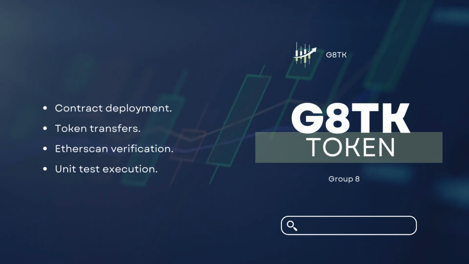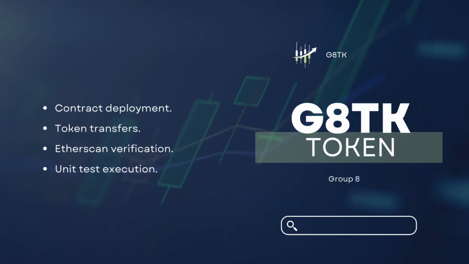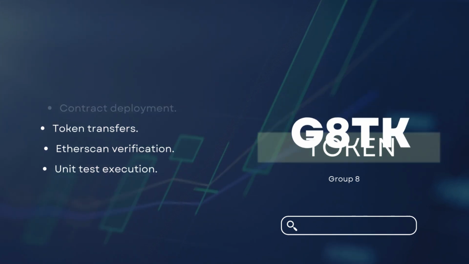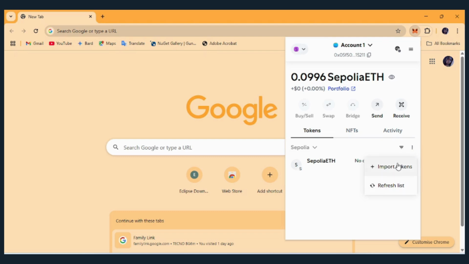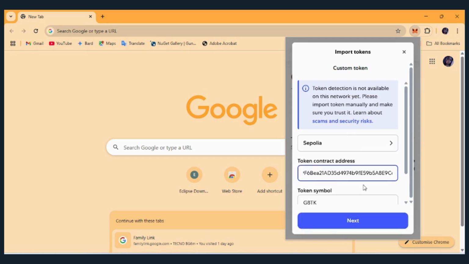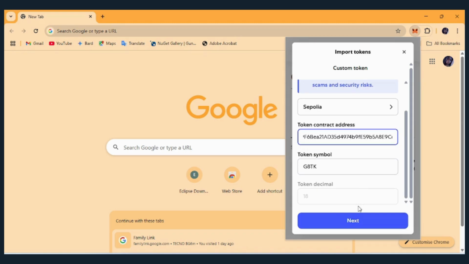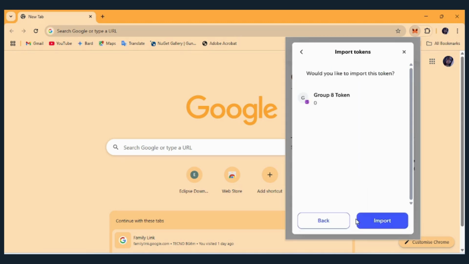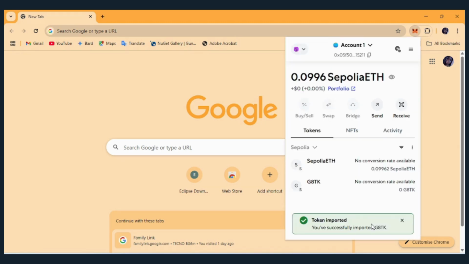So I actually deployed the contract, and I'll be showing everything on MetaMask. So I will open MetaMask, and on the tokens I will choose import tokens. I'll select my network, which is Sepolia. Then I will paste the address of my token. I've already deployed it, so I will just paste it here. You see it just shows. So this is my token, Group 8 token, JTK. So that's my token. It has currently 0